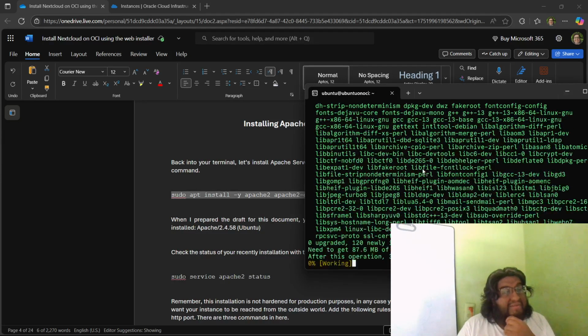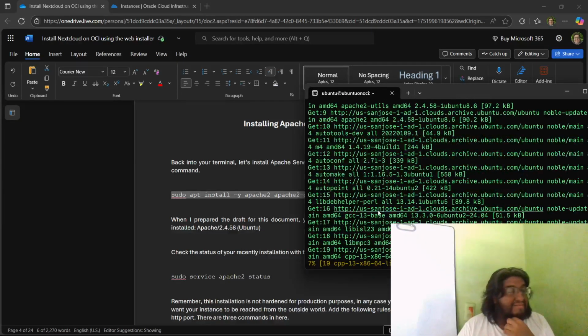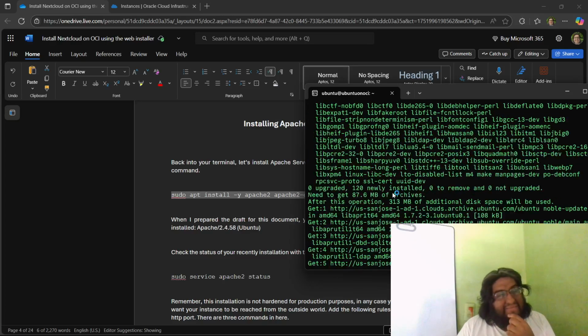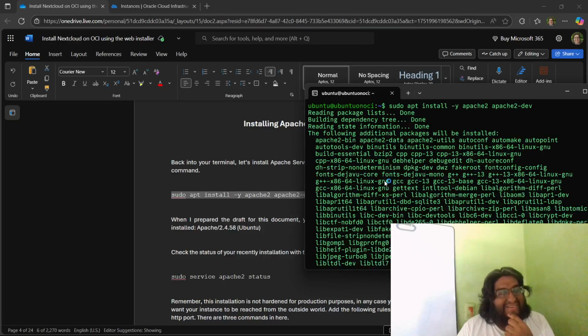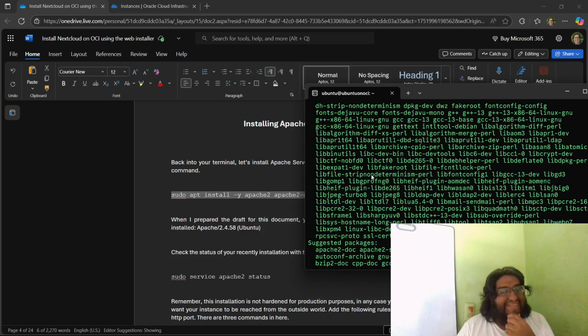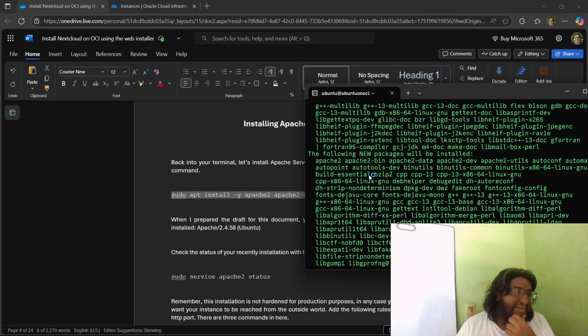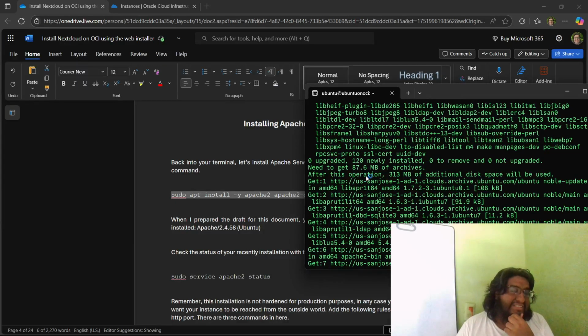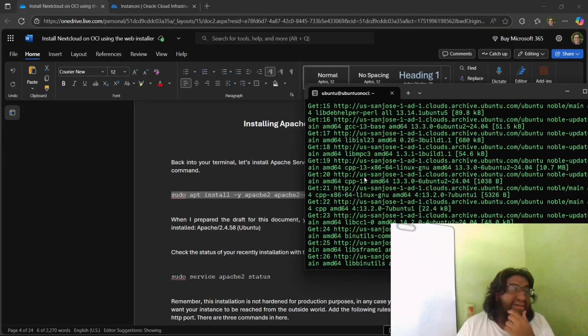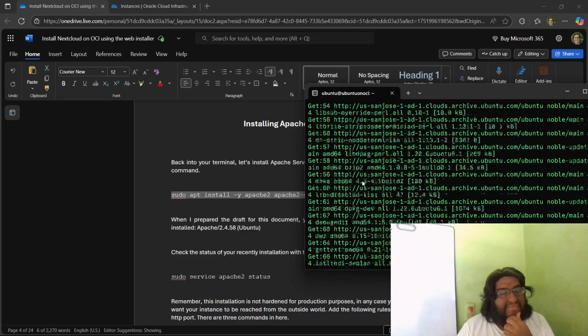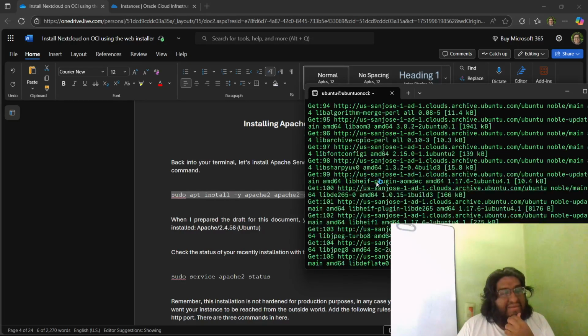All of these dependencies are going to be installed. It is perhaps a good idea to erase the flag and see what's going to be installed. But since we are sure that we want Apache server installed, we don't get to review the dependencies,